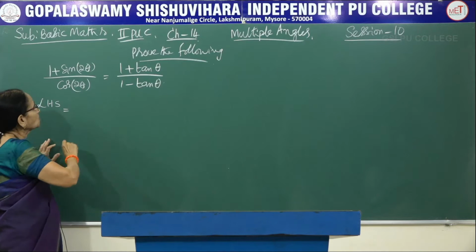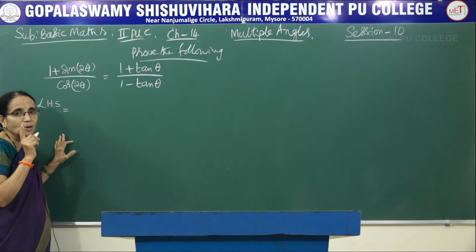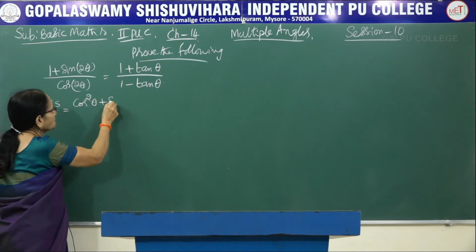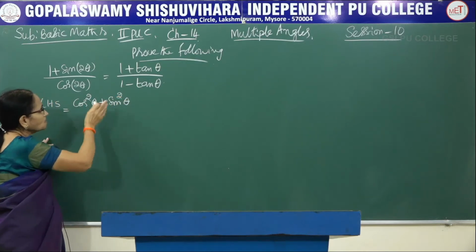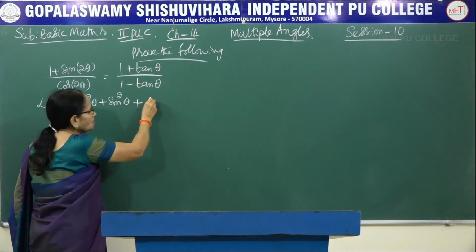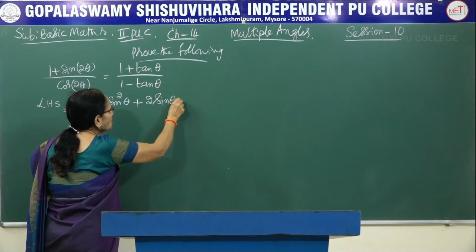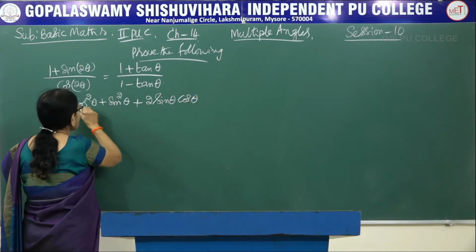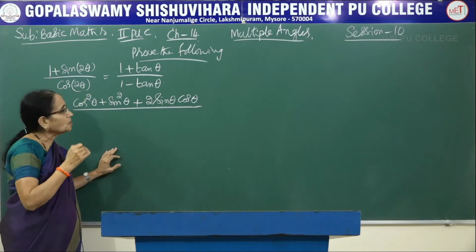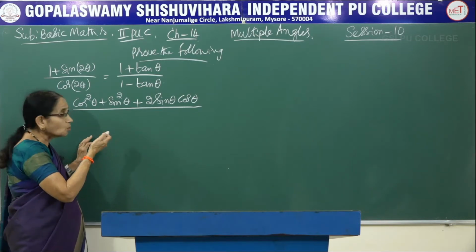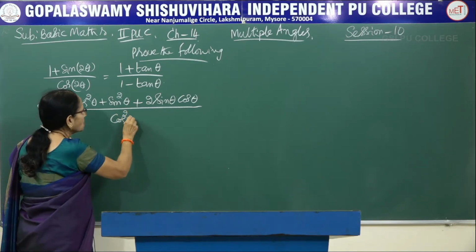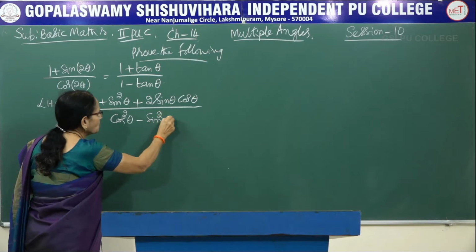Now here, first I use the first identity of trigonometry, 1 can be written as cos square theta plus sin square theta, or you can write sin square theta plus cos square theta also, plus for sine of 2 theta we have the formula 2 sin theta into cos theta. So the numerator is over. For cos of 2 theta I have given you 3 formulae. Whichever is applicable for a particular problem, you have to think. Now for cos of 2 theta I am using the first formula, cos square theta minus sin square theta.